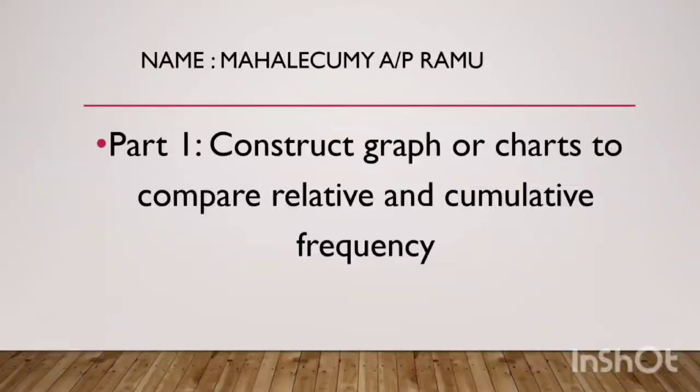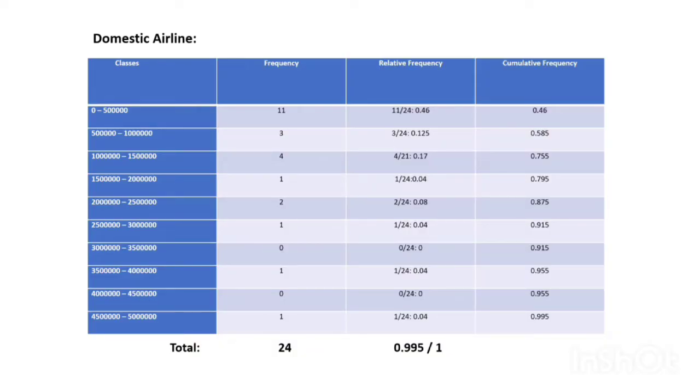For part 1, we have to construct a graph or chart to compare both relative and cumulative frequency for the data set that has been given. So first of all, we have to classify the data according to the classes. Then we have to find out the frequency of it. Secondly, we have to calculate both relative and cumulative frequency for both airlines, which is domestic airline and also international